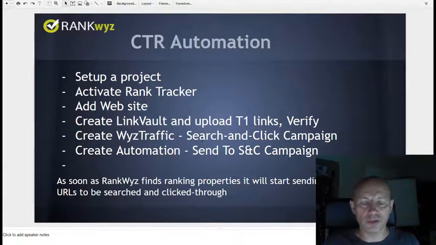This is unique functionality, and as I said, I'm extremely excited, and it's a must for anyone doing any type of complete SEO project, because it's 100 times safer than sending CTR simulation directly to the money site. You track hundreds of properties and you send a low number of searches to every property, which combines to hundreds and hundreds of searches going to all of the properties you own.